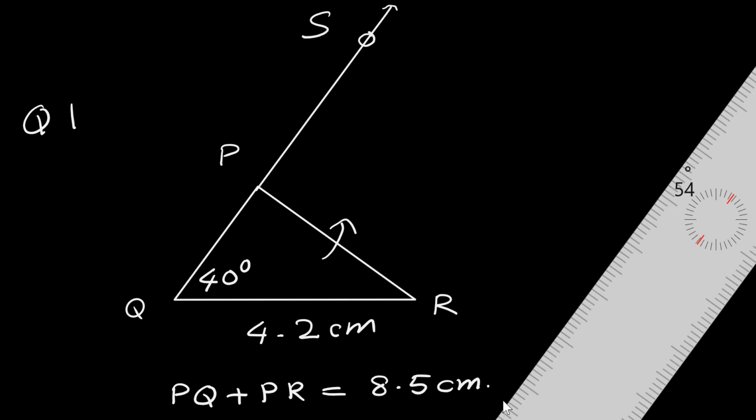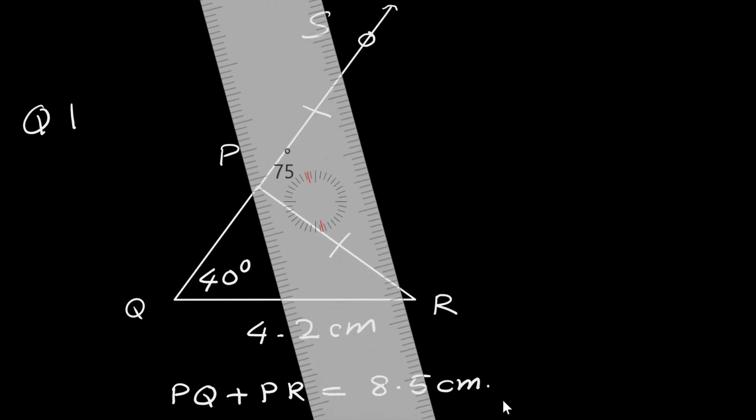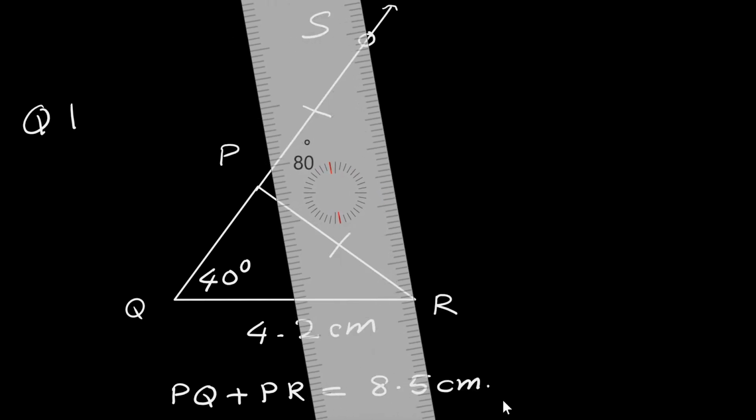on ray QP such that PS is equal to PR, meaning we rotate the segment PR. So take point S such that Q-P-S and PS is equal to PR. Join SR. Now what is the condition on SR